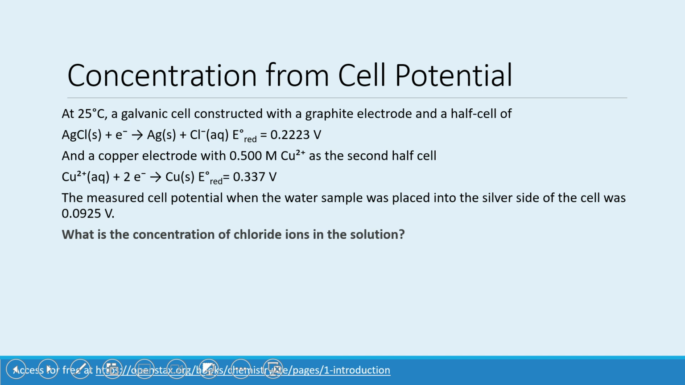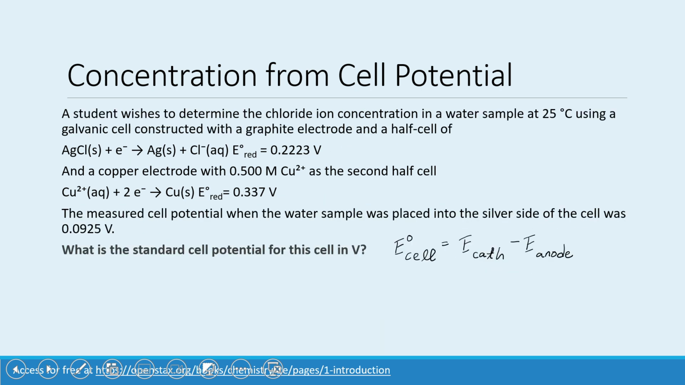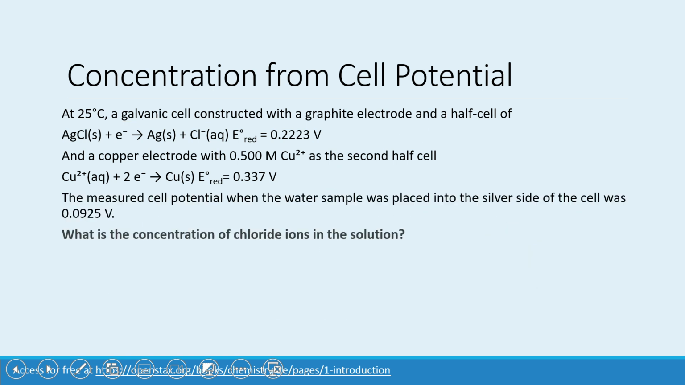And then our last step is to finally calculate the concentration of the chloride ions in the solution. And so that was the whole purpose of this. If we went back to the beginning, remember, a student wishes to determine the chloride ion concentration. So in order to determine the chloride ion concentration, we need to use that E cell equation, the Nernst equation, and because we are at room temperature, right, they told us 25 degrees Celsius, which is 298 Kelvin, then we can use the convenient Nernst equation,